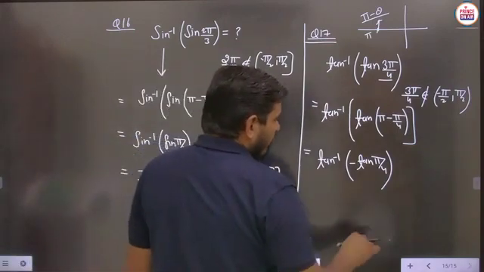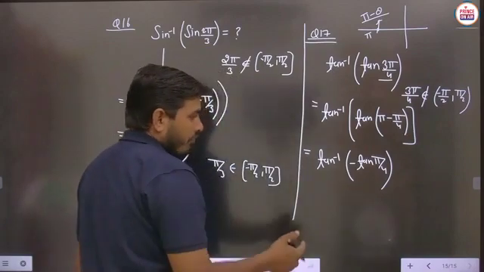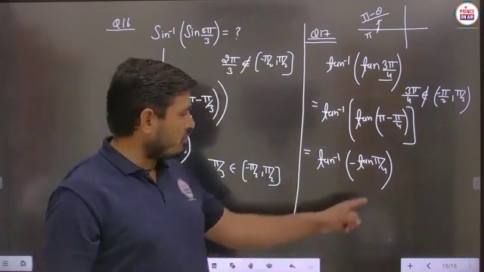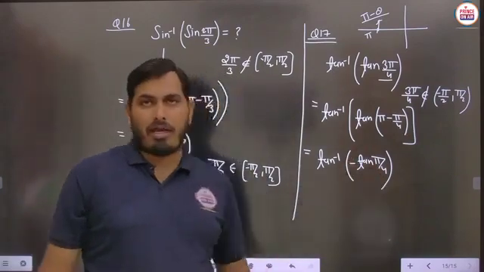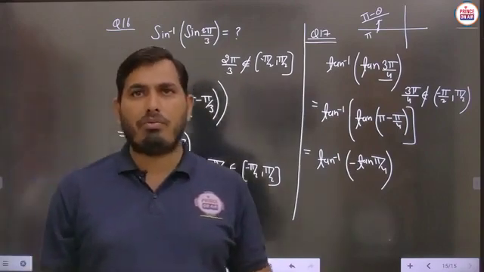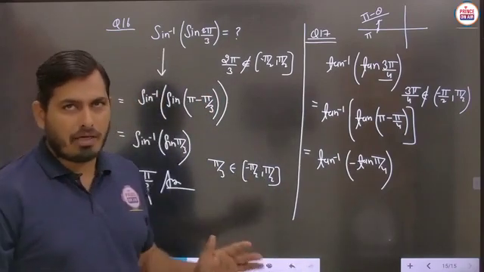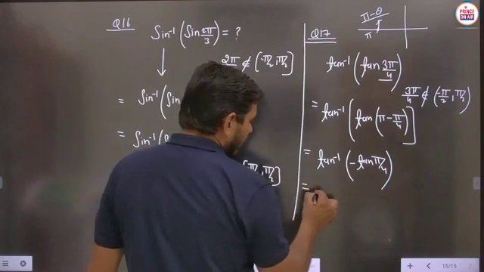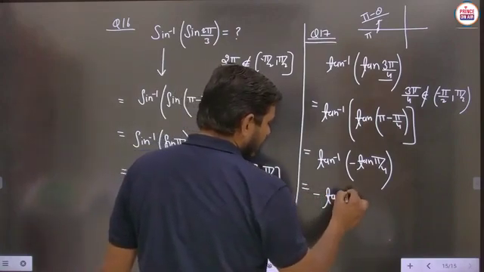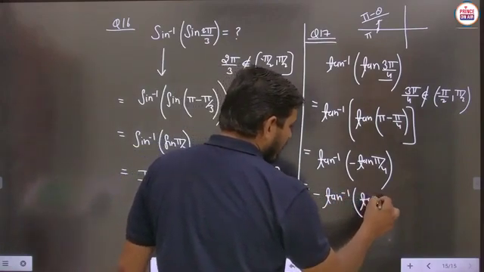Now one more important property: tan inverse of minus x. Suppose this whole part is taken as x, then tan inverse of minus x is always said to be minus of tan inverse x. So definitely you can write this minus sign outside. We have to learn this property.